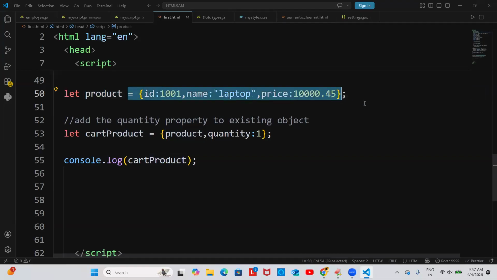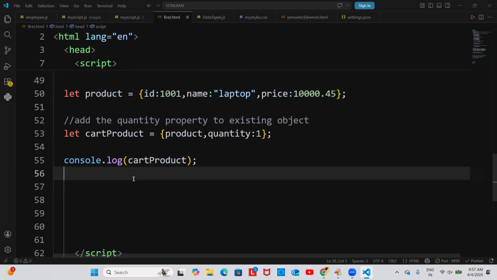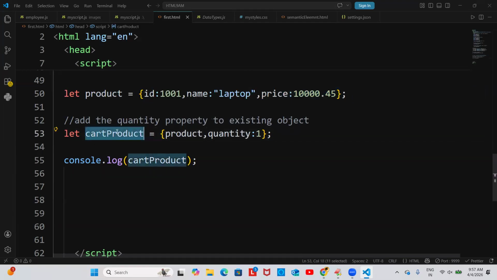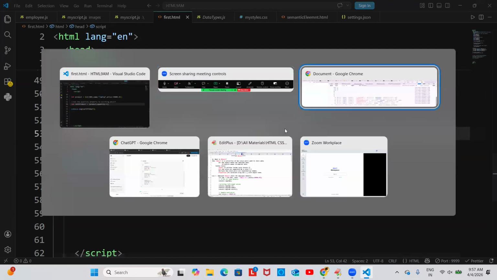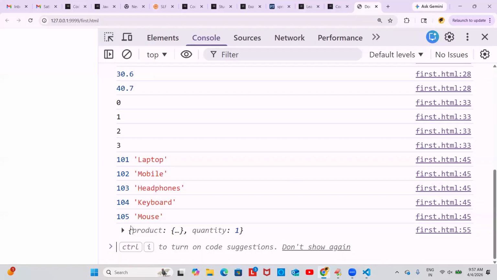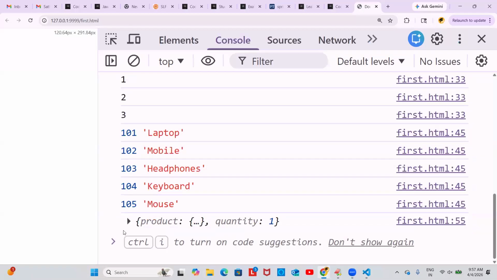Your product object contains only product ID, product name, and product price. What field should be added here? The quantity field, when we click on add to cart. See guys, cart product equals product comma quantity is 1. Please check the output once. What is the last object coming here? The product object, comma,